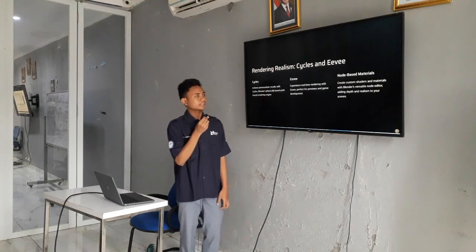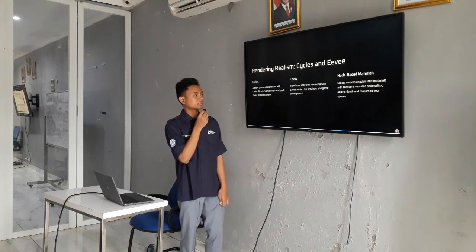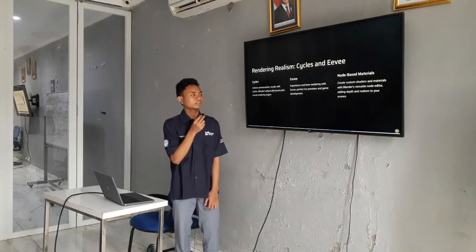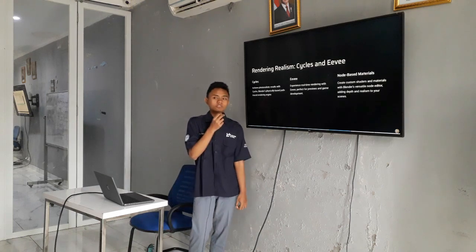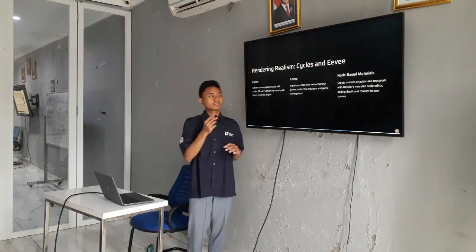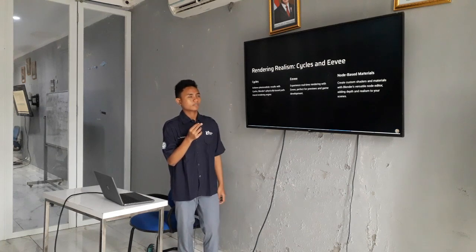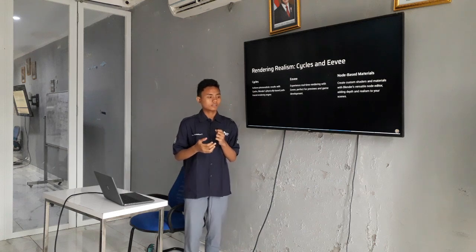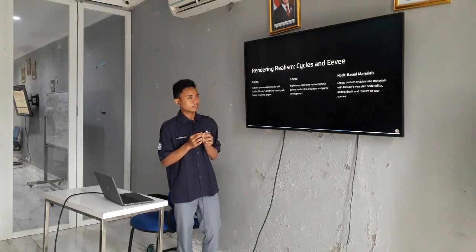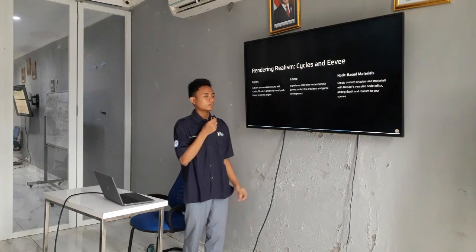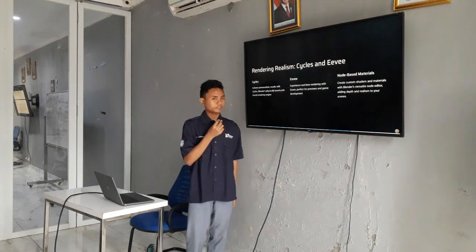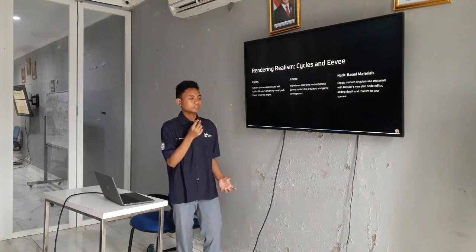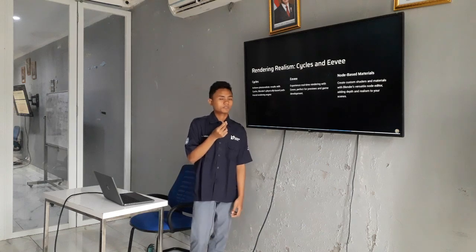And the next is Eevee. Eevee is to experience real-time rendering, perfect for preview and game development. So Eevee is the fast method of rendering. So if you want to render the light and make a realistic 3D, you have to use Eevee, because in Eevee the detail will be shown, yes, will be better.